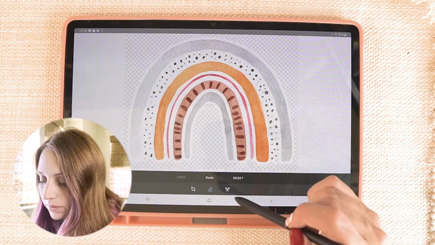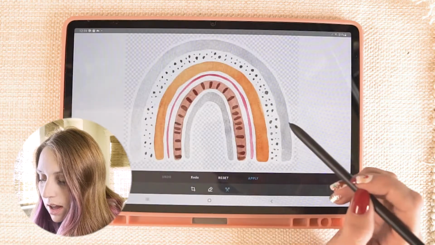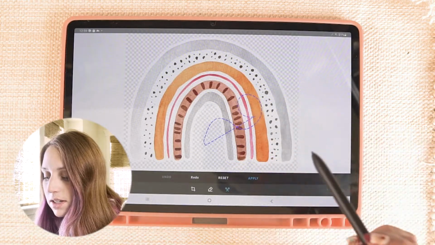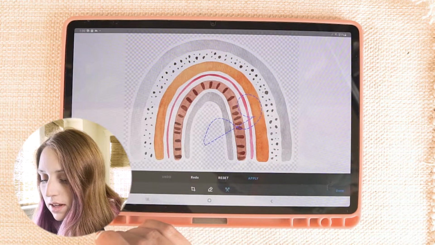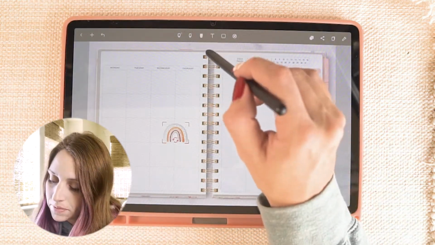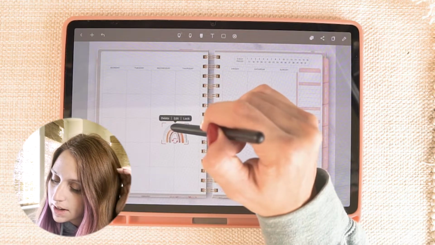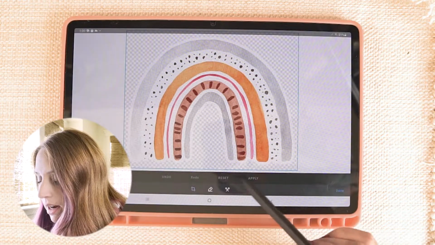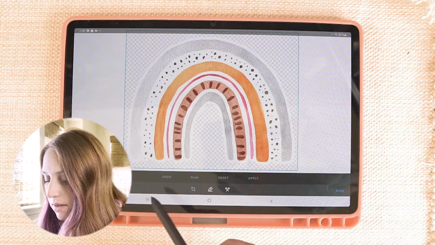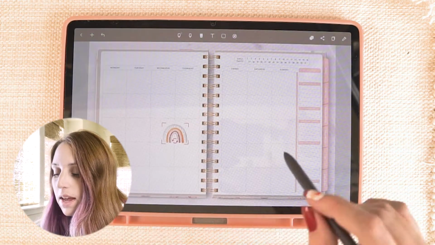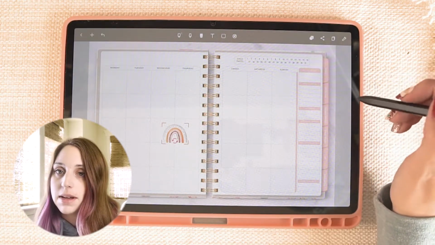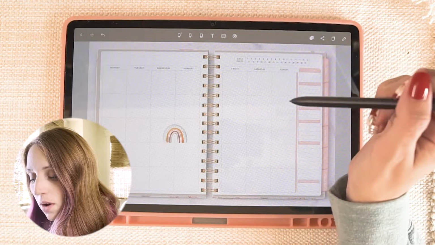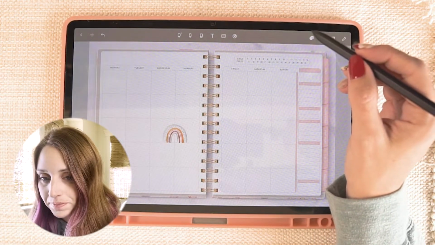And then this is where you would draw the lasso, I guess, if you wanted to just select a certain portion of the image. And to save it, I guess I got out of that a little too fast. To save it, you would click this done button, and then that would keep whatever you did to it applied. Or you can click cancel if you mess up. Let's see. So going back to the lasso tool,